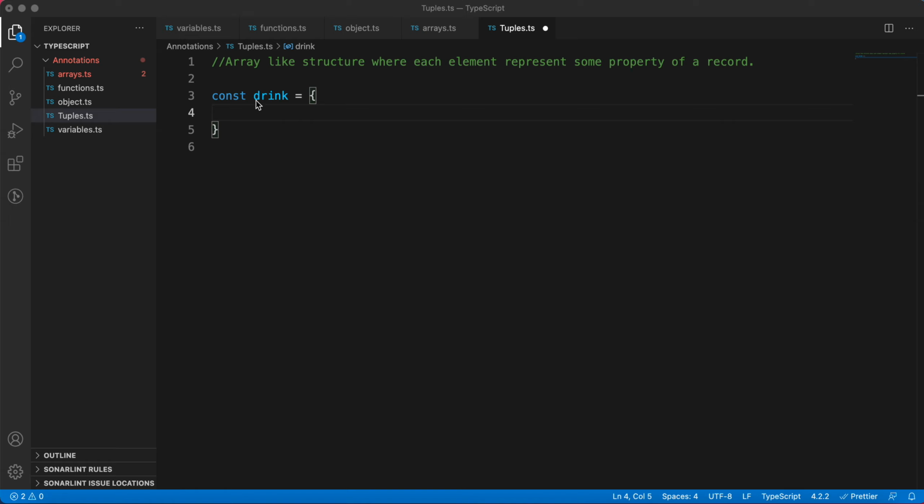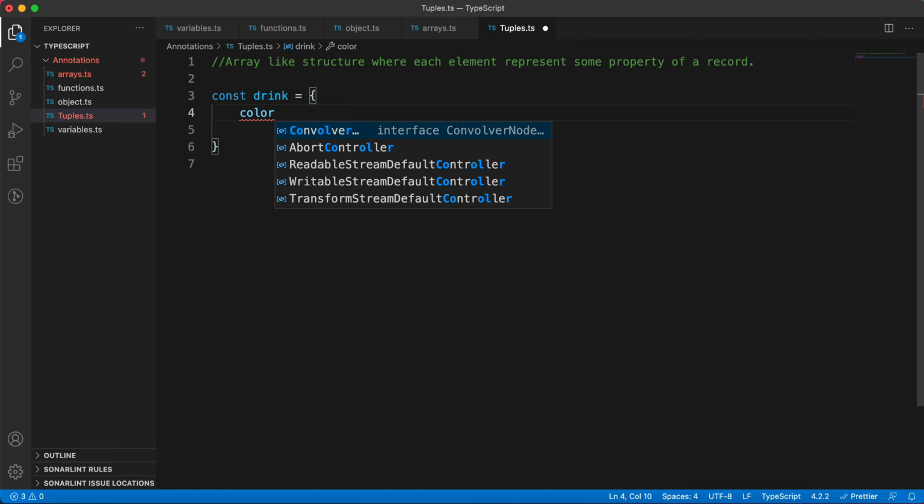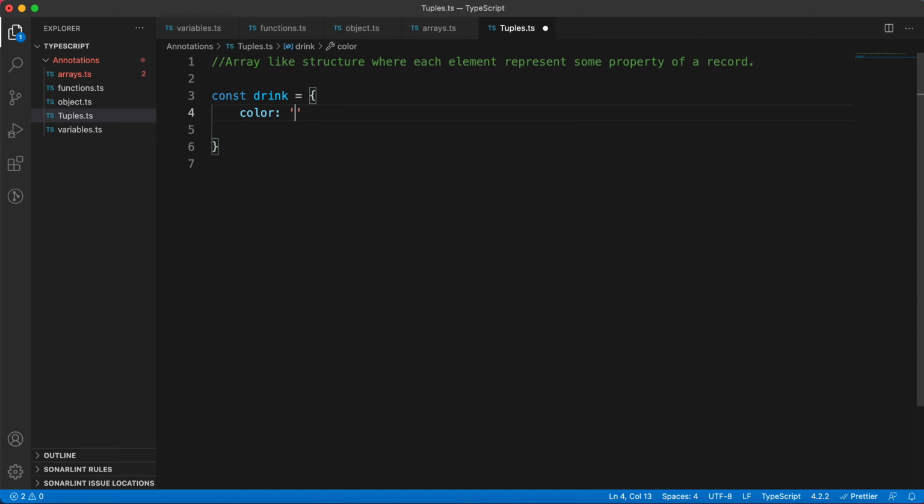So I am quickly taking this example. I am creating one object just to make you understand and give you a clear understanding about tuples. In this object I am defining some properties. I took an object named drink. What type of color does this drink have? So I am defining a type.